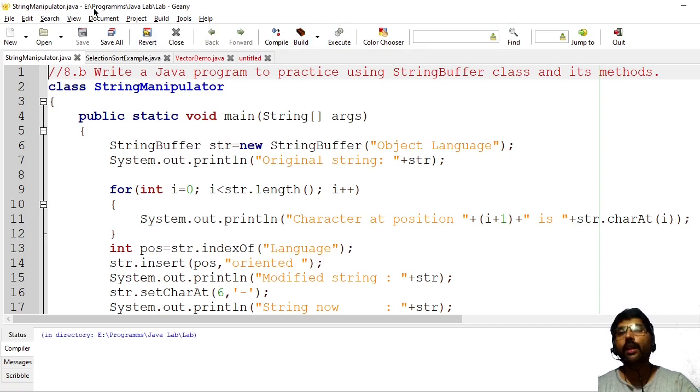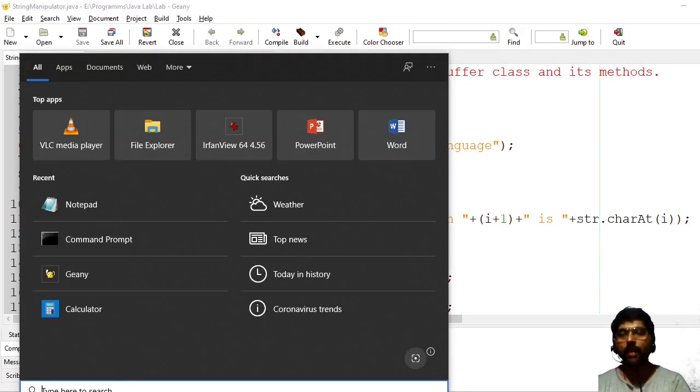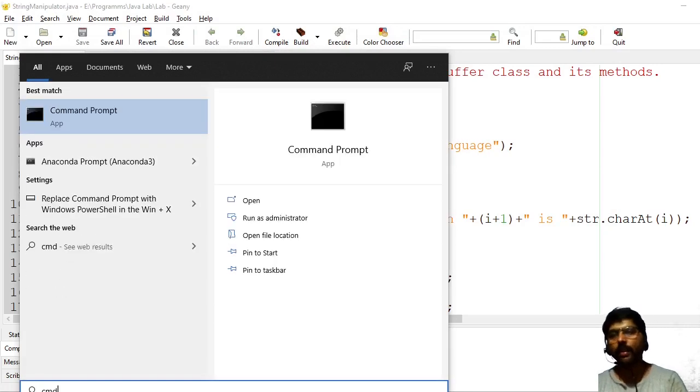If you see here, I already created my profile in the folder called this one. This is the path of my Java file. So I go to programs in the E drive, programs, Java lab. Now I have to go to command mode. So write cmd, and open the command mode.